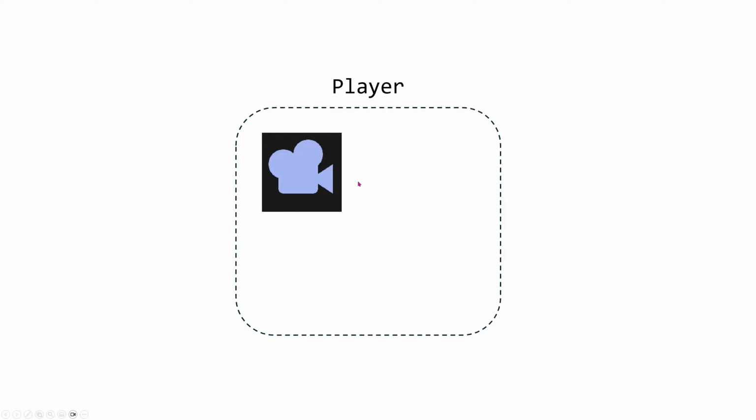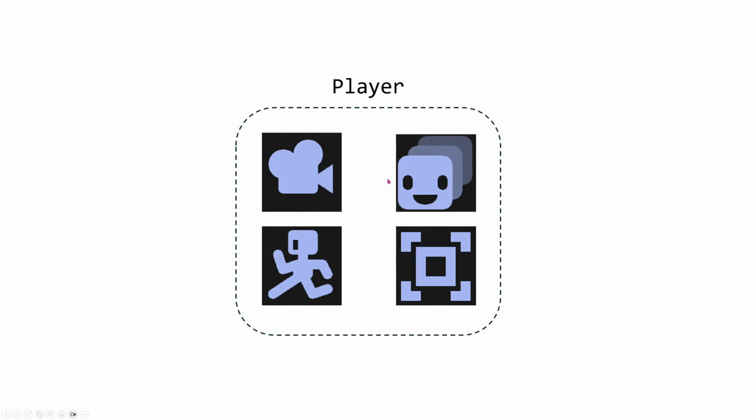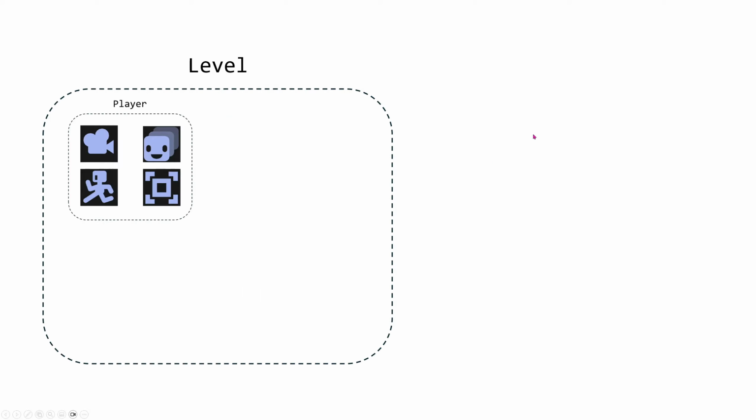For example, our player will have a camera, it'll have a sprite, it'll have a rigid body, and some kind of additional colliders or Area2Ds. So these are all different nodes we can add in Godot. And this is what makes up our player. And so we add it as a player, we add it as a scene, and we add these nodes to our player. What this then lets us do is with our level node, which we made in the last video,